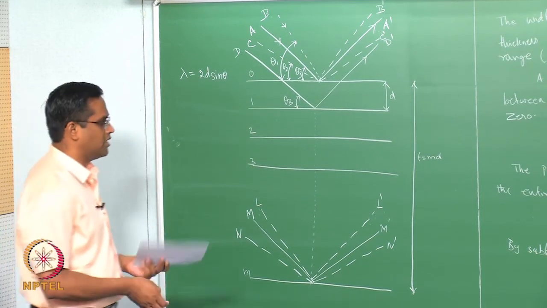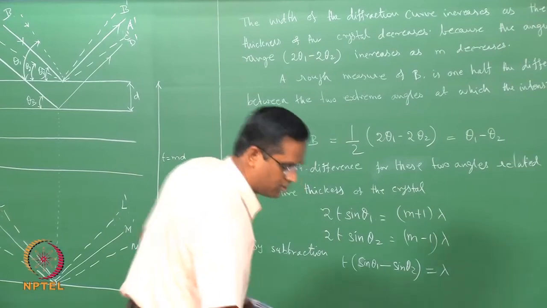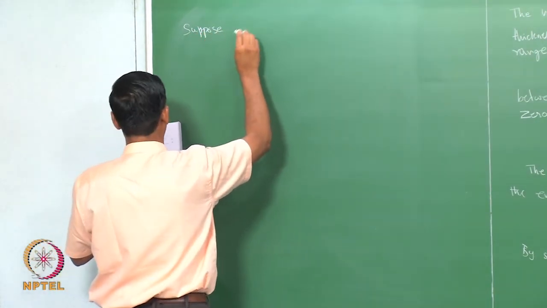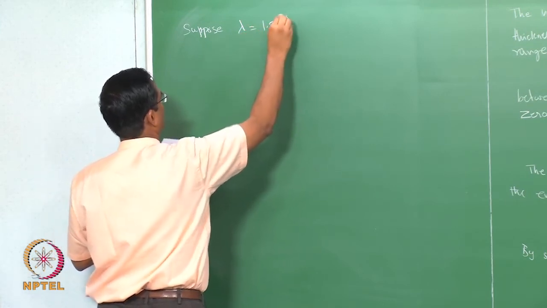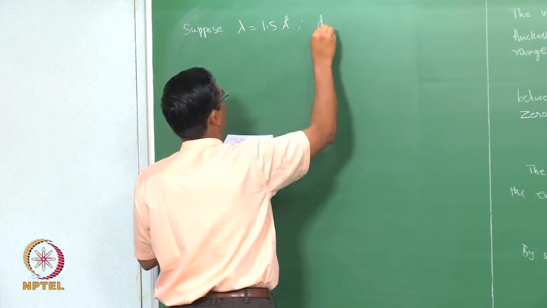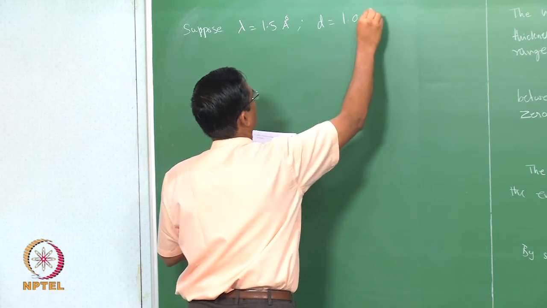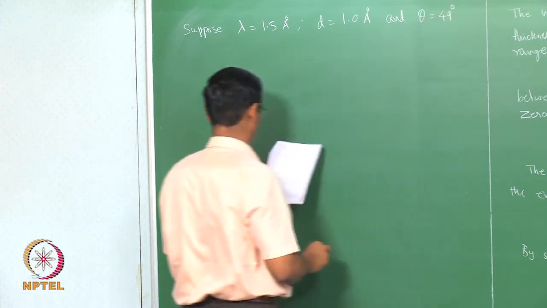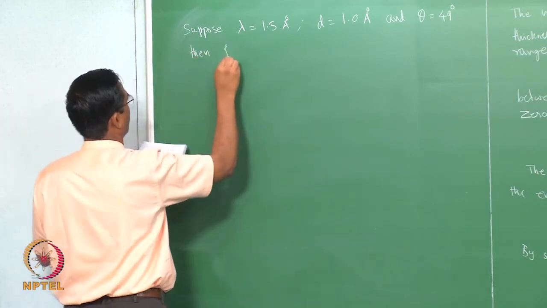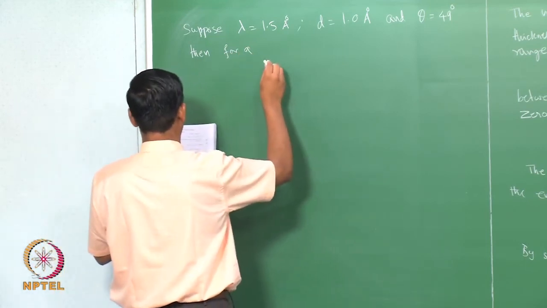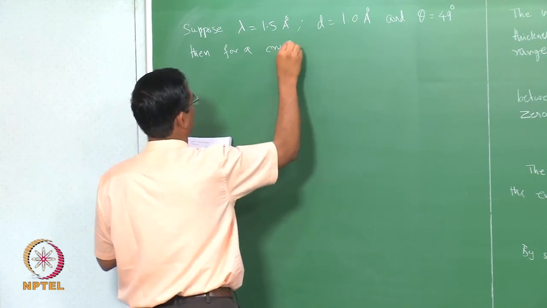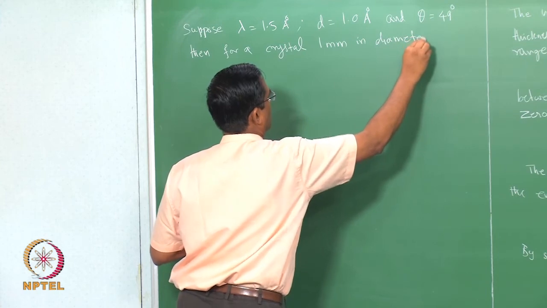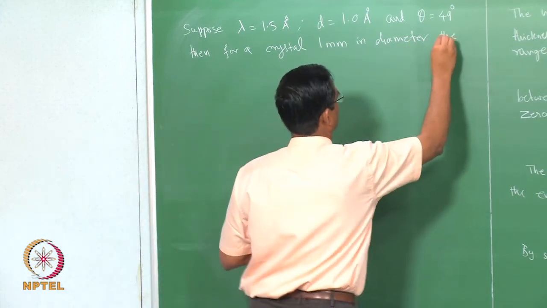Now we will illustrate this relation with a numerical example. Suppose lambda is equal to 1.5 angstrom, d is equal to 1 angstrom, and theta equal to 49 degrees. Then for a crystal 1 mm in diameter, the breadth